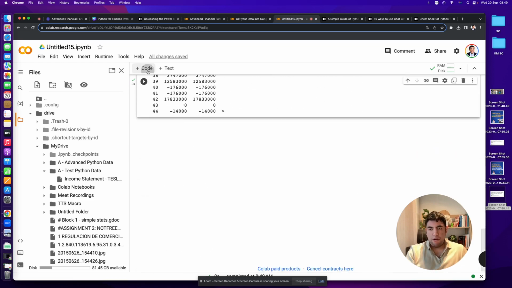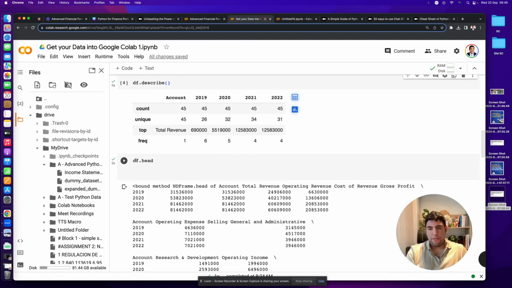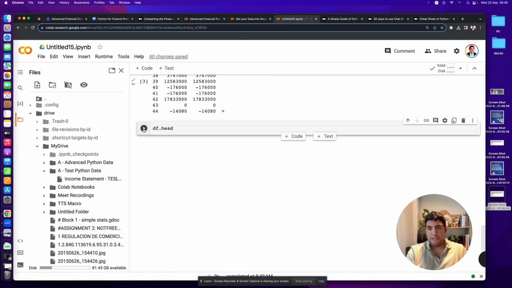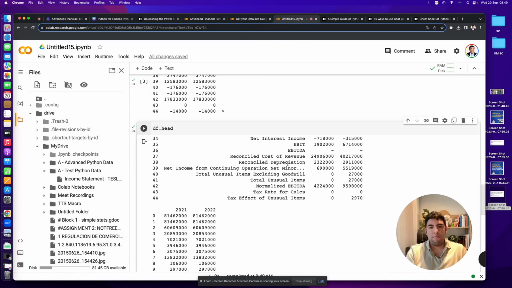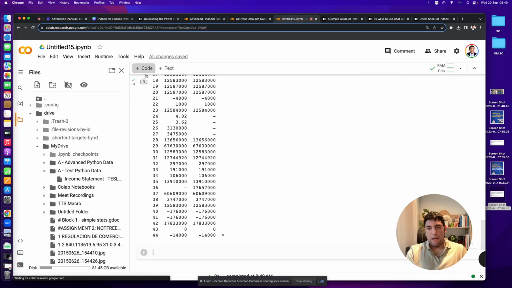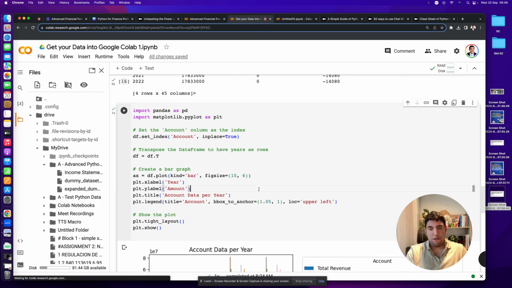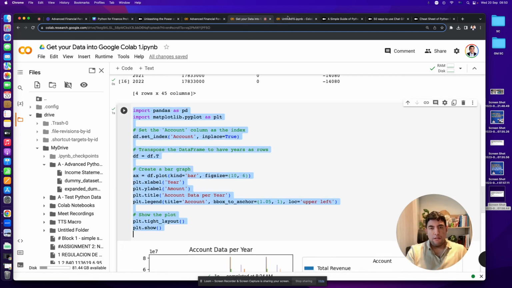Now in here, we can do again, code below, and let's copy one of the codes in here. So we can do a couple of things with different data sets, but one of the main ones is df.head. So this one basically shows the head of the data. Code, and let's copy the last one that is a little bit more complicated. In this one,